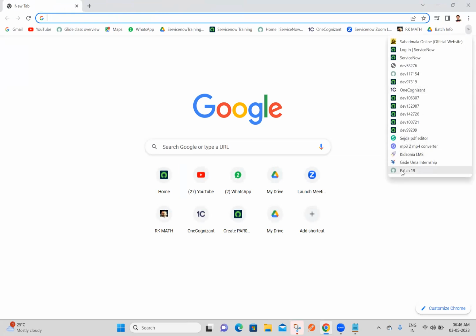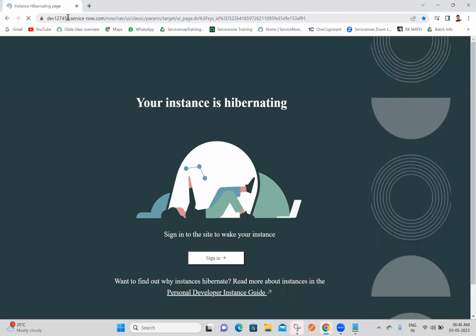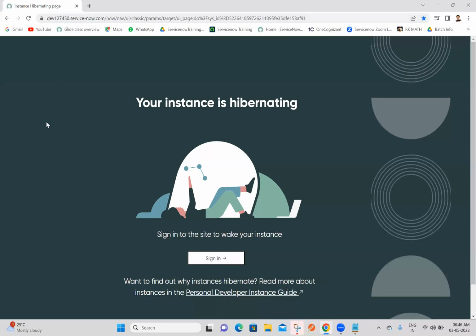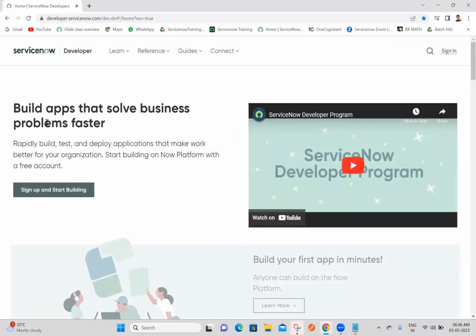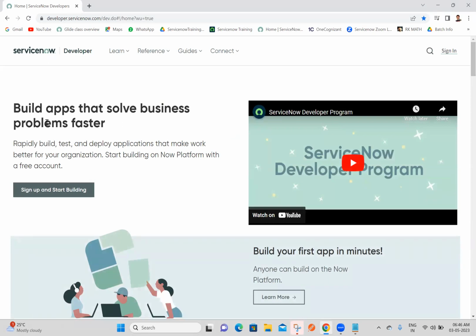That instance URL should be like this: dev127450. You can see it is saying something: your instance is hibernating. What does it mean? So generally,